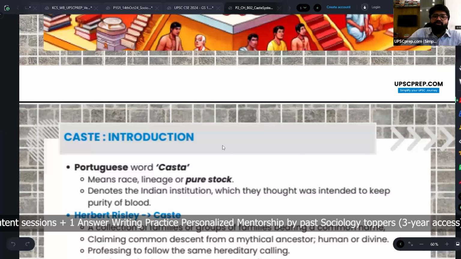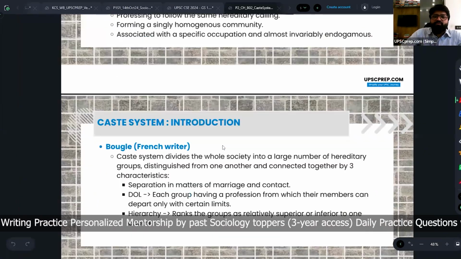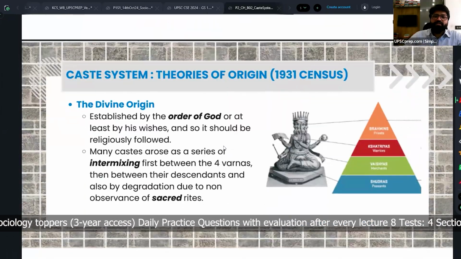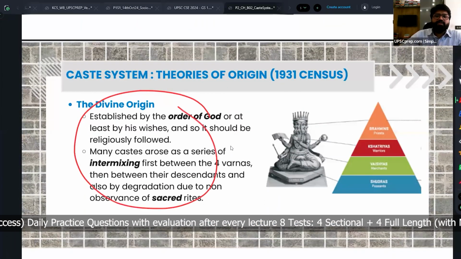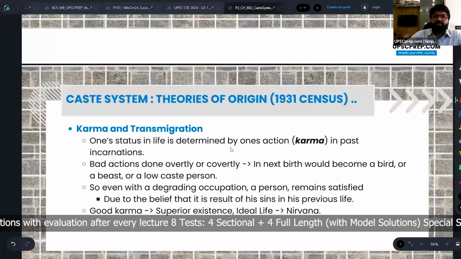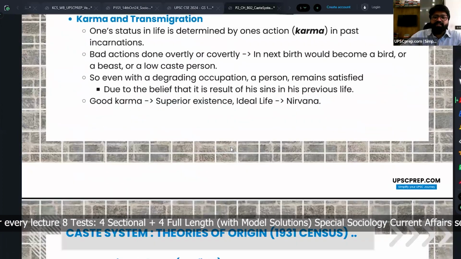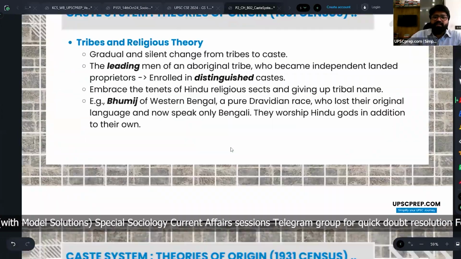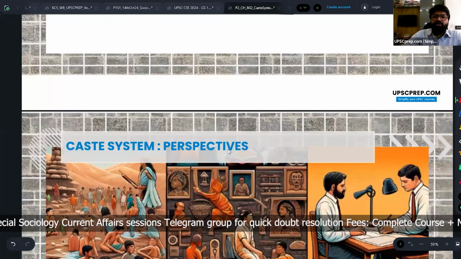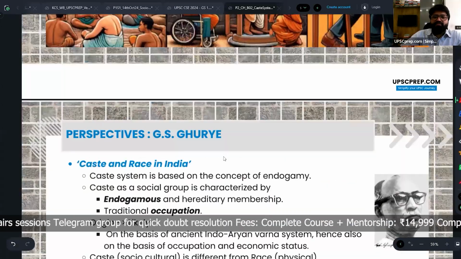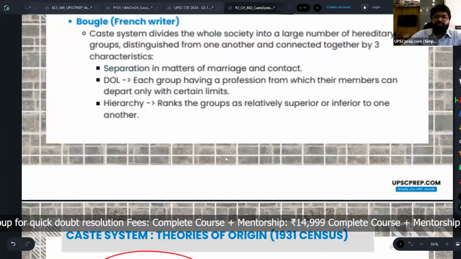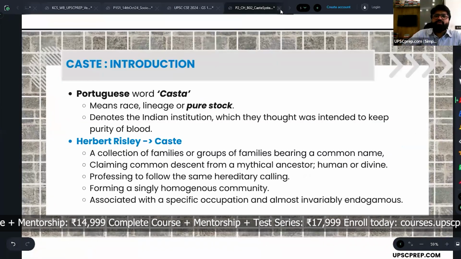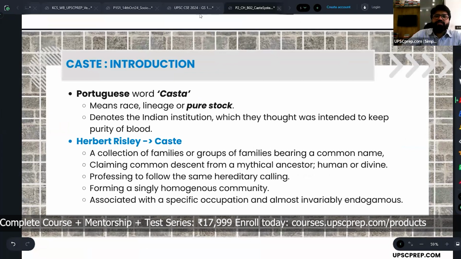When I am going to discuss the caste system, I am also going to talk about its origin, how it has emerged. If you look at the origin, any idea, basic knowledge, you must have some bit of knowledge about caste, right? So we will briefly discuss the origin of caste in terms of